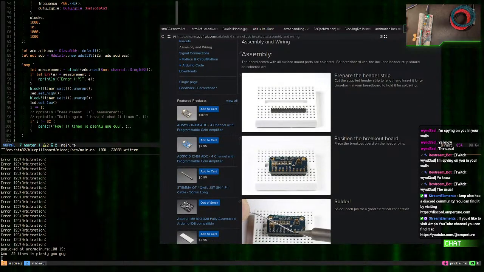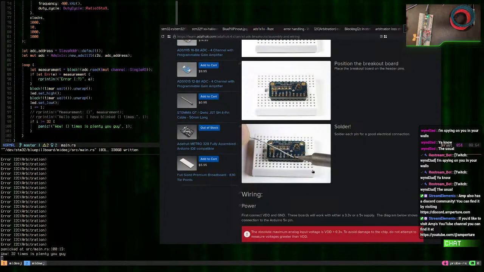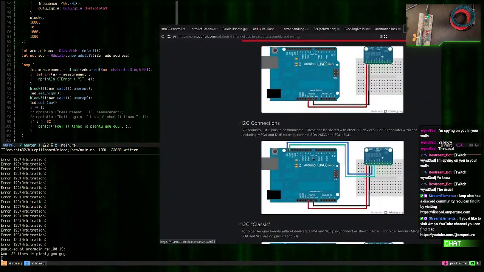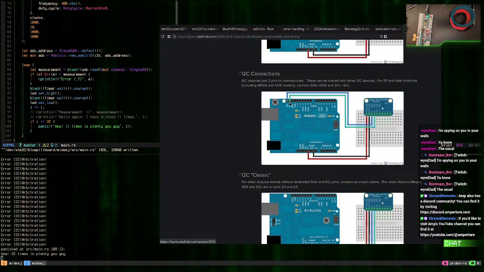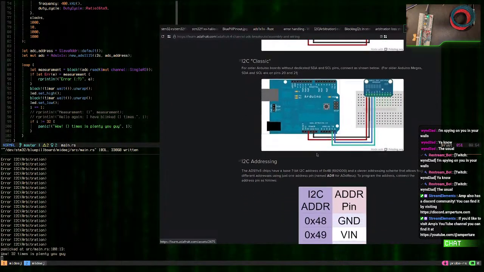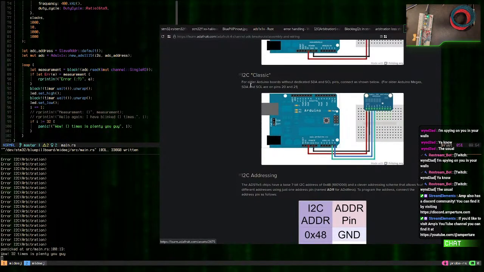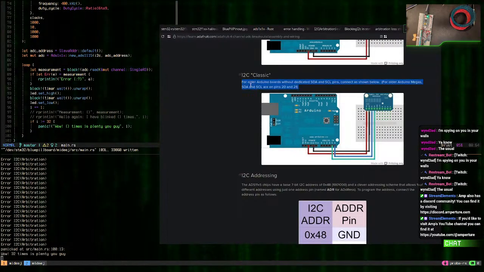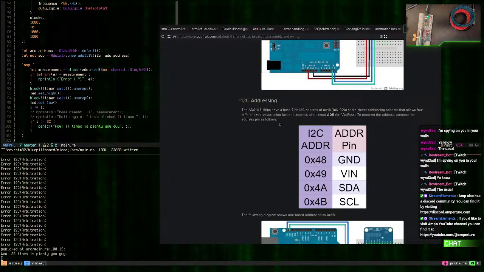Okay, so there's that. Position the breakout board, solder, wiring. SCL and SDA, that makes sense. Ground. So there's an address pin somewhere. Addressing. Okay, so